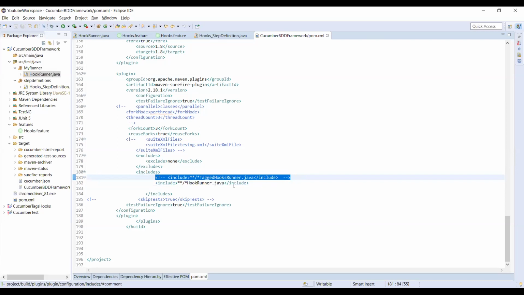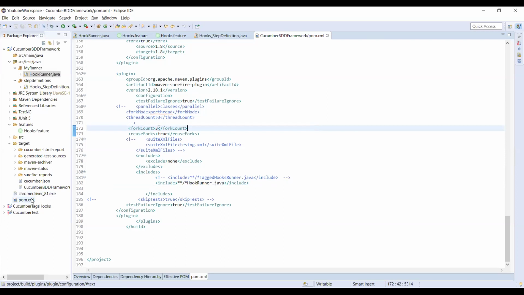Once you save everything in our pom.xml with Control S, it will start downloading all the plugins and start running the test runner file, and it will generate the report. So you can run as a Maven build. We don't have to do much, just add the plugins and the dependencies and maintain which file we have to execute, and we can run multiple test runners through this pom.xml.